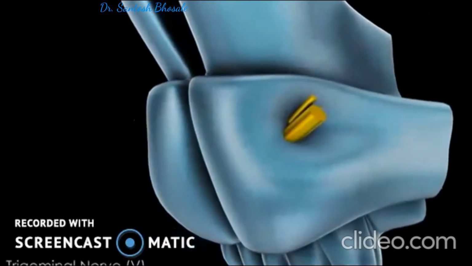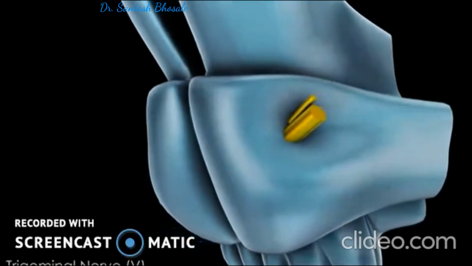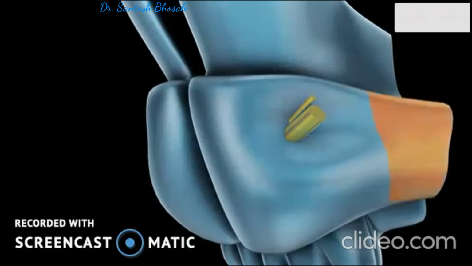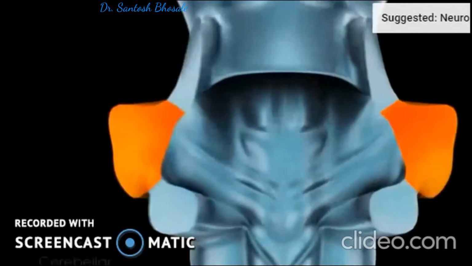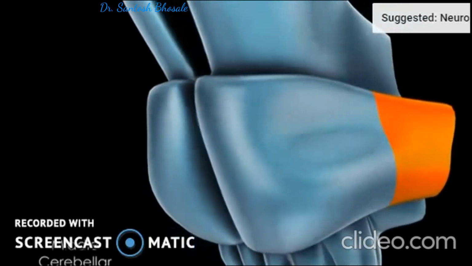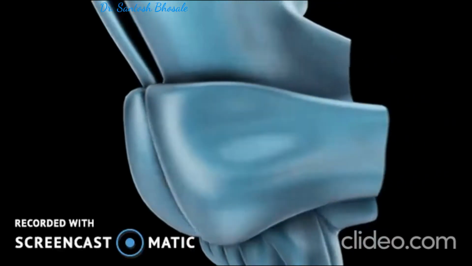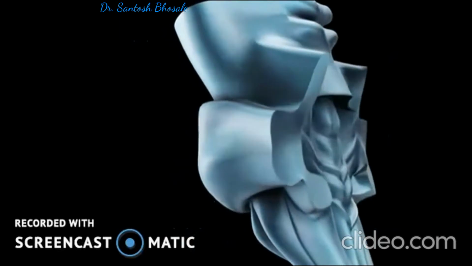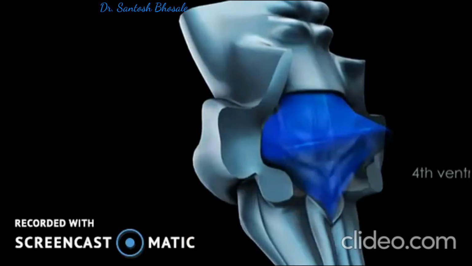You can see the pons posterior is open and accommodates the cavity of the fourth ventricle here. You can see it is connected to cerebellum via this middle cerebellar peduncle, the red highlighted structure what you see here, and it is open. So, you can see the cavity of the fourth ventricle will be there between the pons, medulla and cerebellum.